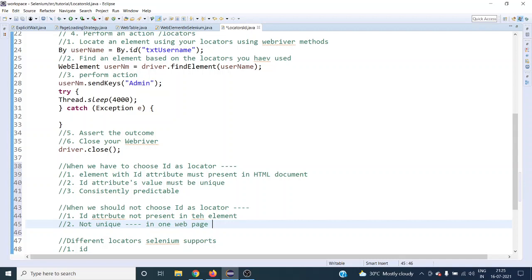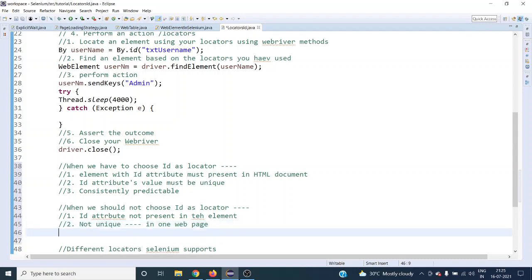The ID attribute locator will always return the first element it finds in the HTML document. So if we have a bunch of web elements with the same ID attribute, you cannot choose this particular locator to use in your WebDriver. That's the thing you have to understand.